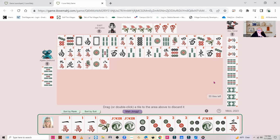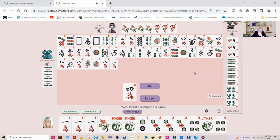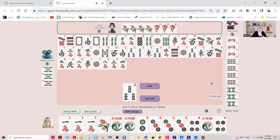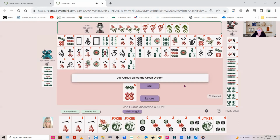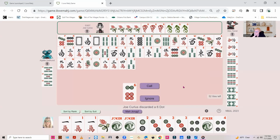Is there a 3 dot out? Okay, I'm gonna get rid of the 3 crack. 3 crack. 4 crack. 3 BAM. Green. Call 6 dot. Oh my goodness. All right, well, we know what he's playing, so